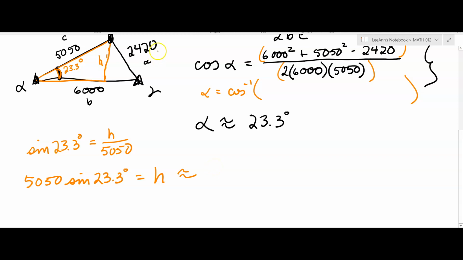Now, it looks like they did things kind of to the nearest thousandth, so I would say it's about 2,000 feet or more accurately 1,998 feet. They might have put 2,000. What did they put? They put 1,997.5. So they went to the nearest tenth. I didn't see anything that said how accurate. I would have done the 1,998. But either way,